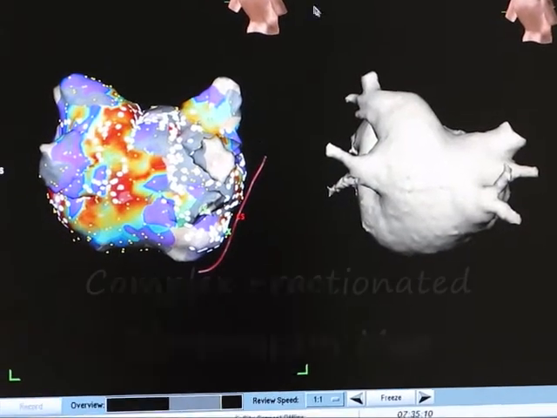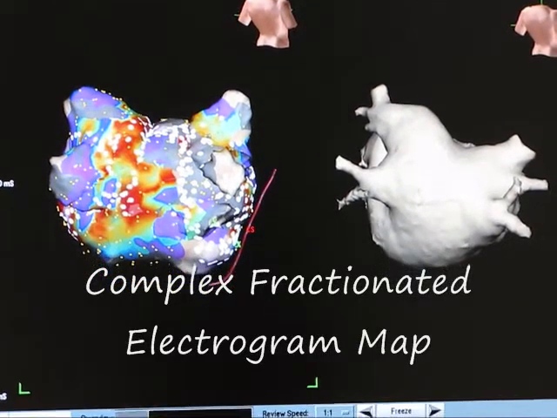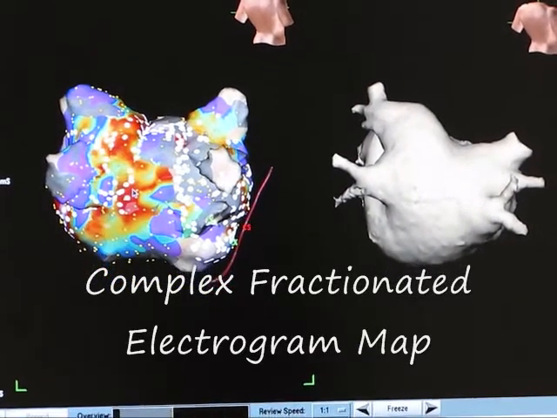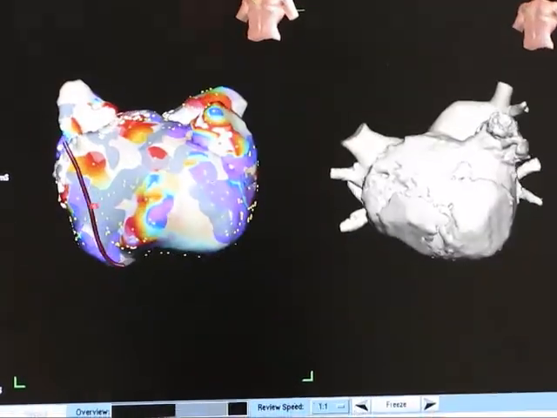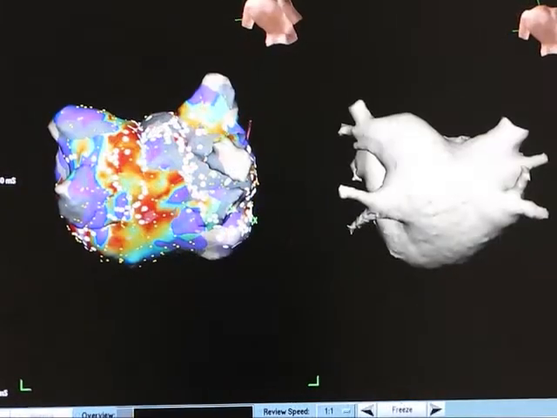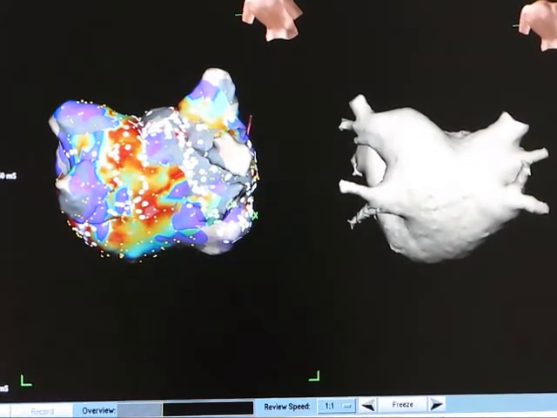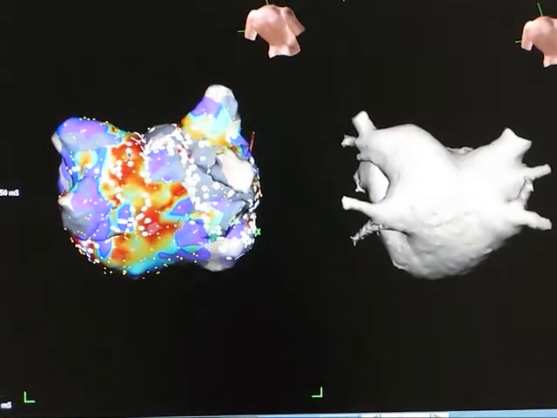Here we have what we call a CFE map, or complex fractionated electrogram. This is a map of atrial fibrillation, or a map of the left atrium during continuous atrial fibrillation. The wider or redder the color, the higher the frequencies, and these are thought to be the drivers of atrial